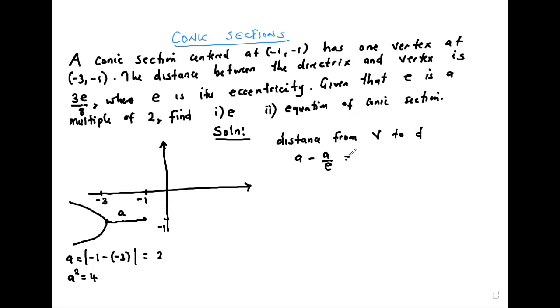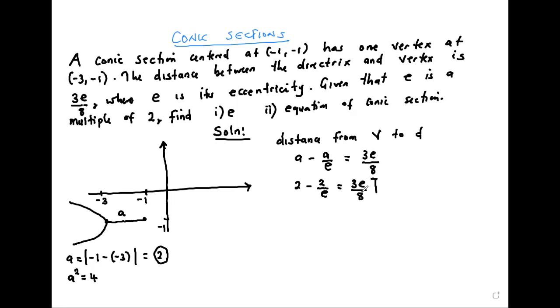Now, it has been given as 3e/8. But don't we know what a is? We have found a. It's 2. So now we have 2 minus 2/e is equal to